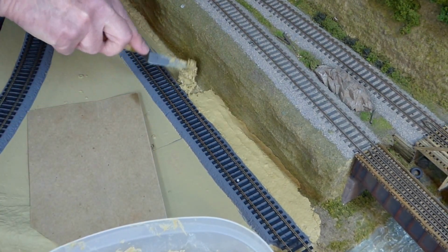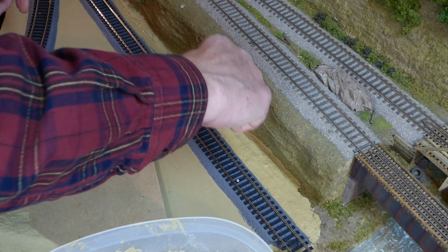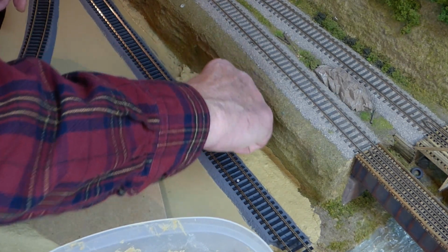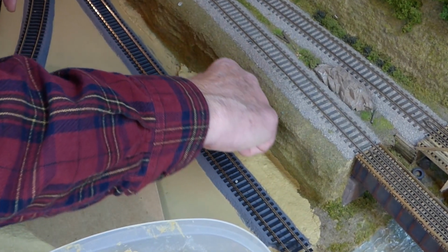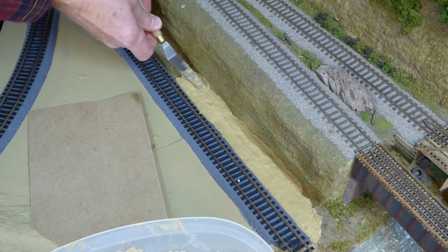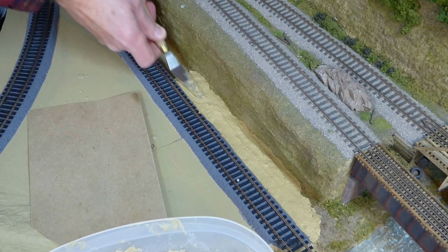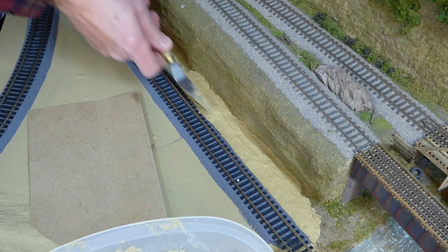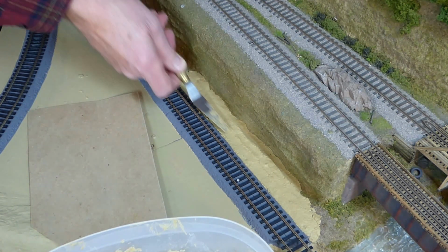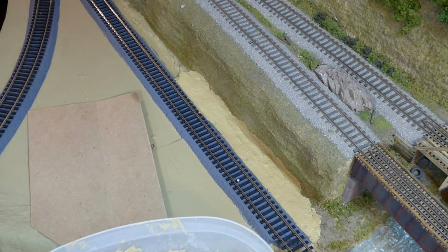Now, this goop does have a certain amount of moisture in it, certainly, and it's enough moisture to secure a thin layer of ground cover. So if all I wanted was a thin layer of grass on this, I would simply sprinkle it right on top of here. If you want it to hold anything that's a little bit thicker than just a sprinkling of ground cover, then I go to a